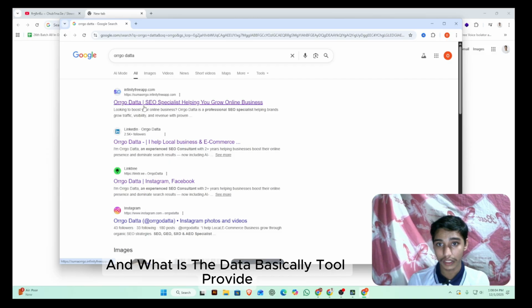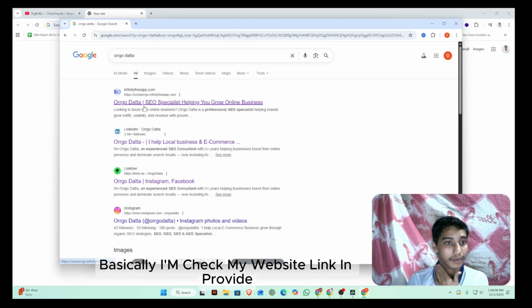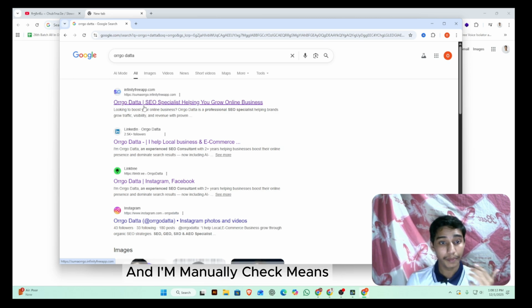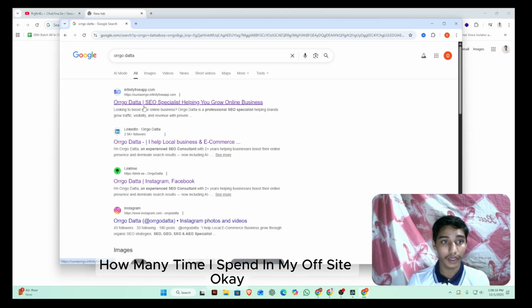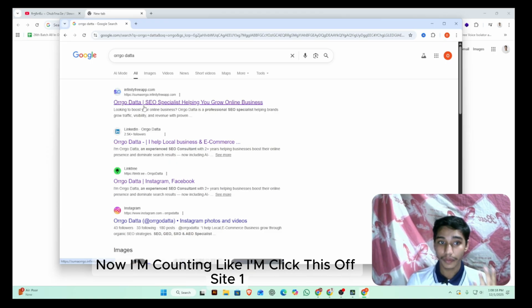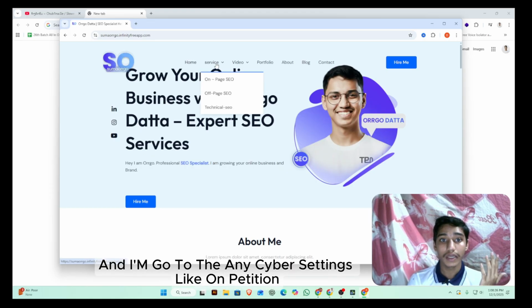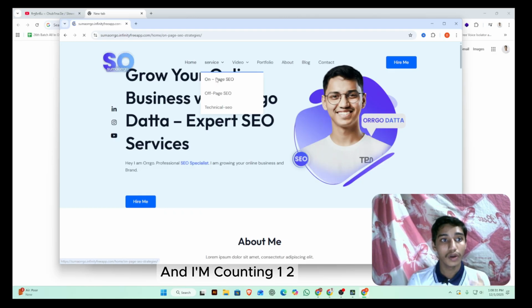What does this data tool basically provide? I check my website link in the tool, and then the Google page checker shows the result, and I manually check how much time I spend on my website. Okay, now I'm counting. I click this website: one, two. Okay, my page is loading, and I go to any service section, like on pages, and I'm counting one,